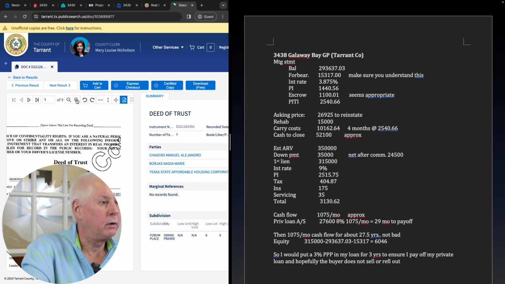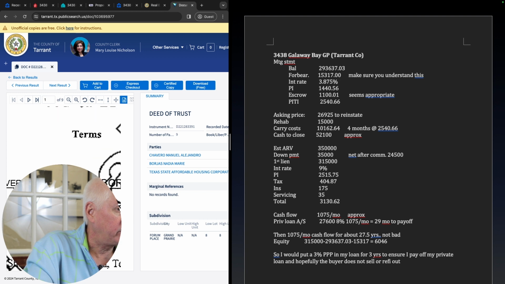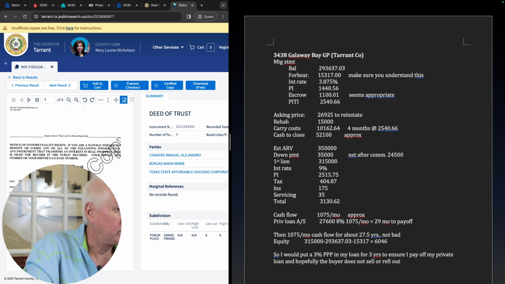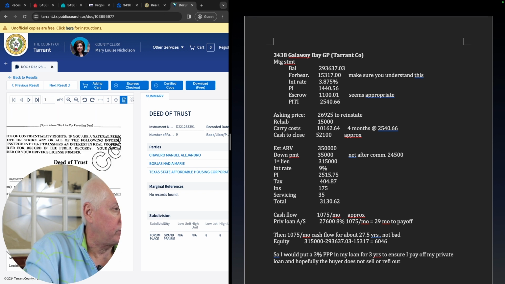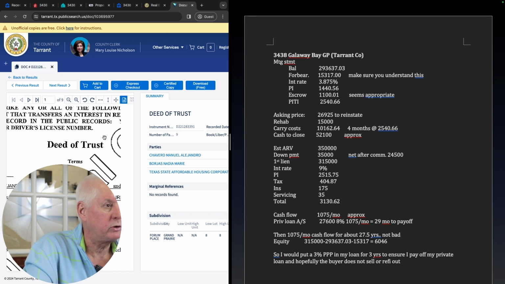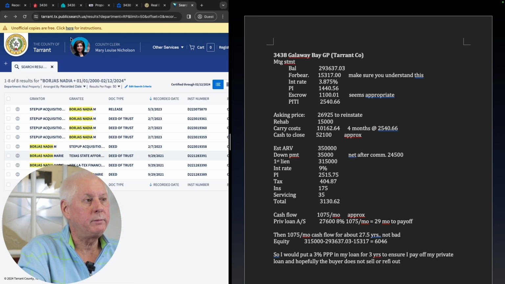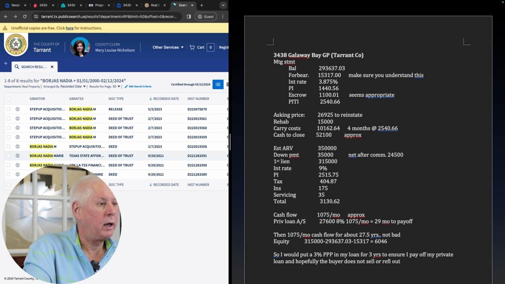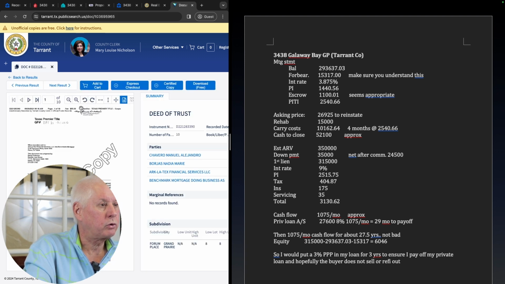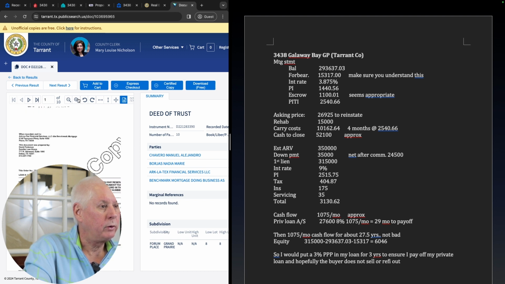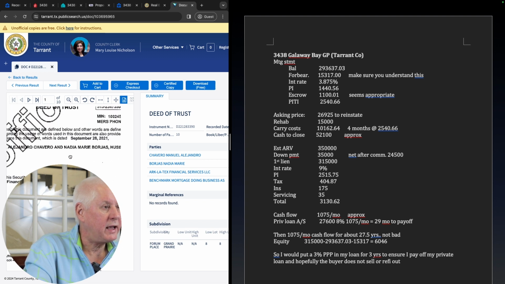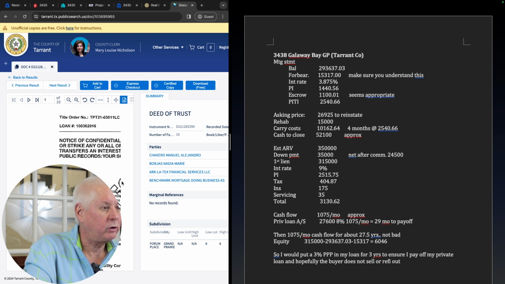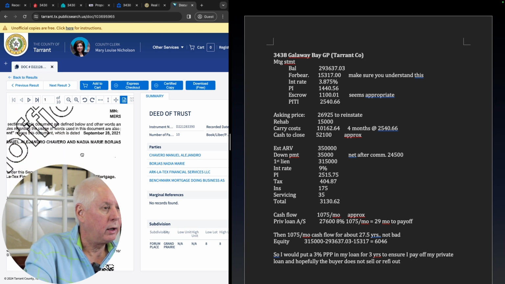We have a $15,000 lien on it, which is part of that forbearance, I am assuming, that was put out, which is fine. I have the first lien deed of trust, and if I didn't have the mortgage payment like I had in this case, I would come here and I would check the dates on when this was originally executed,